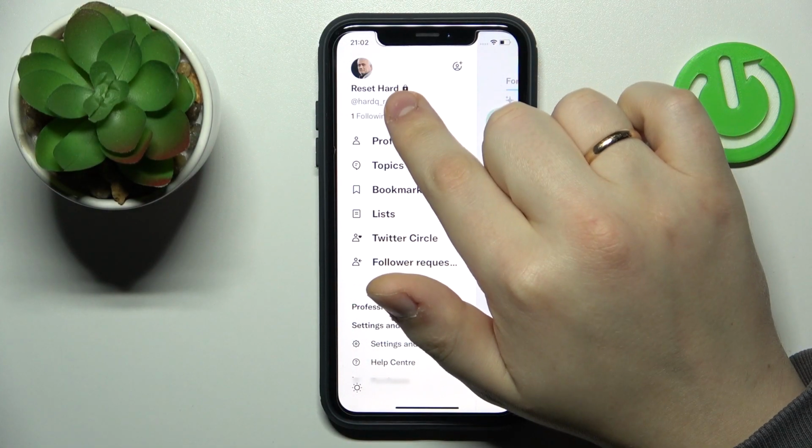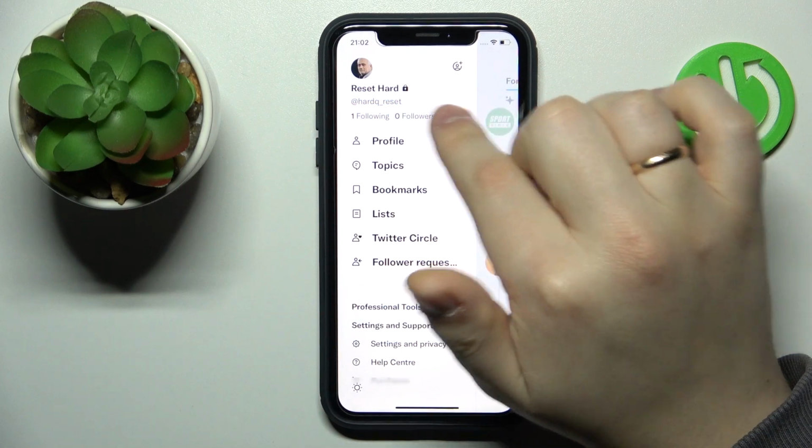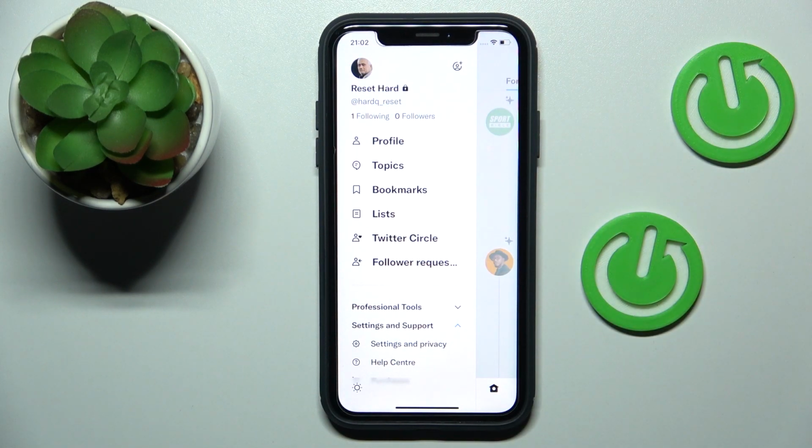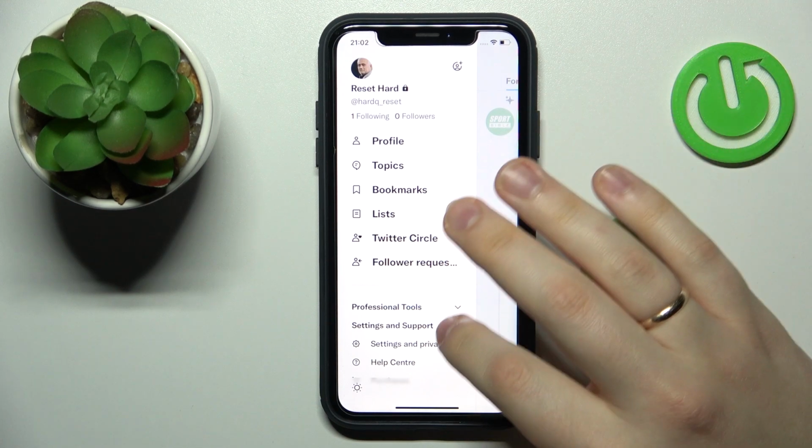So as you can see by this little lock icon near my profile name, my account is currently private. Once I would like to set it to be public, we'll need to go